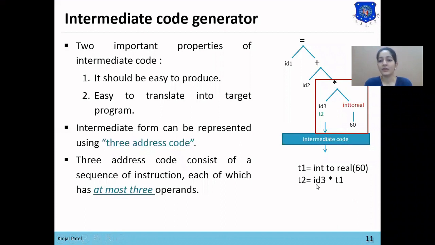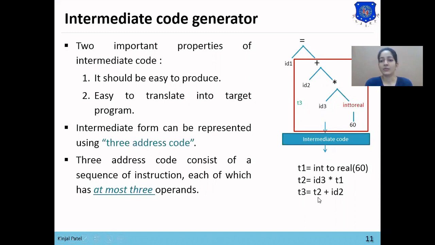Now we want to add ID2 with the output of ID3 multiply with 60, which is stored into T2. So T3 equals ID2 plus T2, as the result of ID3 multiply with 60 is stored into T2.